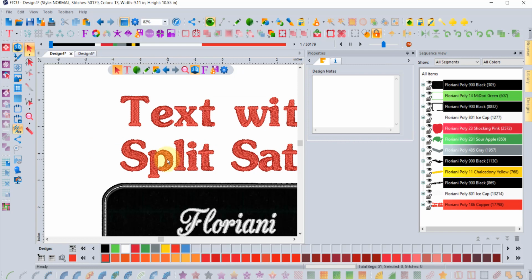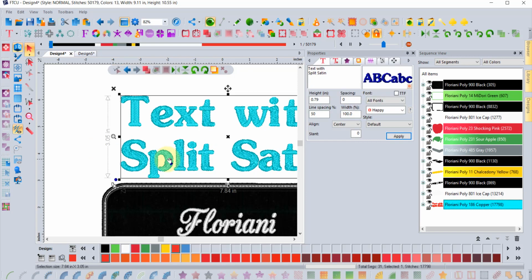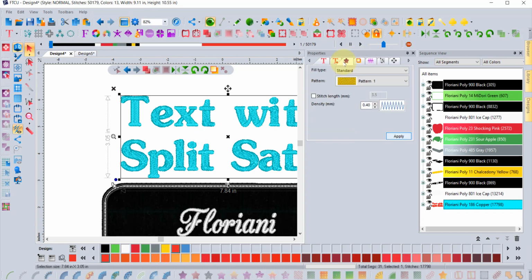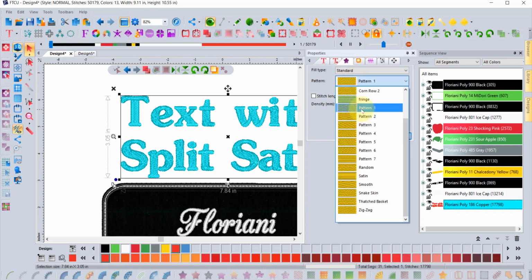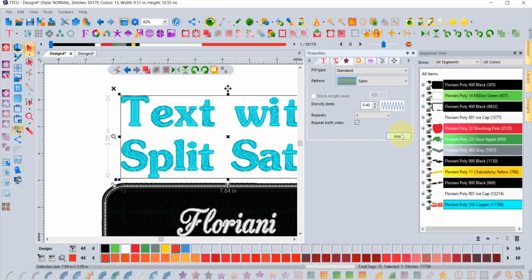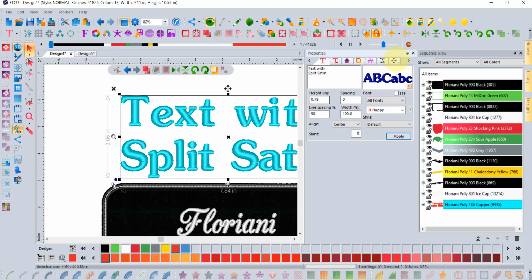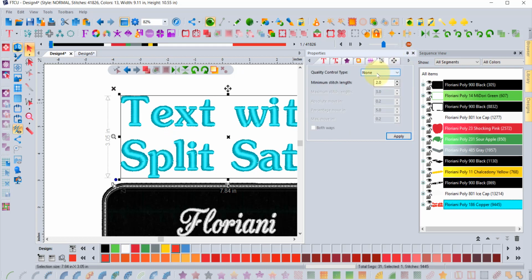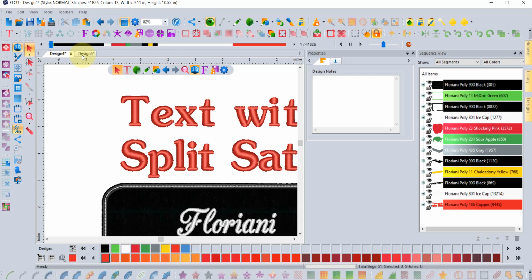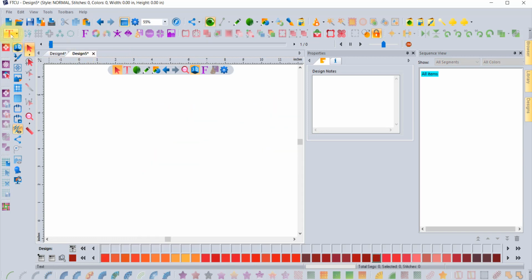So really, as long as the stitches don't get too long, we like to do the satin fill. And so we'll leave our stitching set on a satin fill instead of a pattern fill, and it'll be, like I said, a lot fewer stitches. Then if you want to introduce a split, you can say only anything that's longer than a certain length. And so that can really help you, especially because,